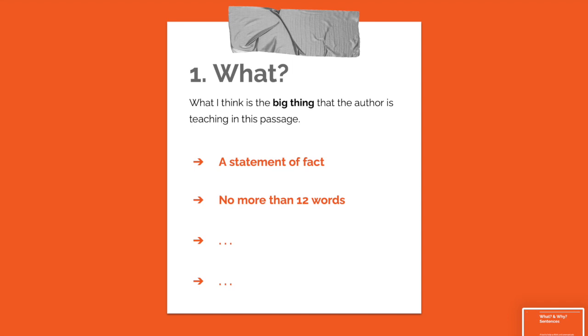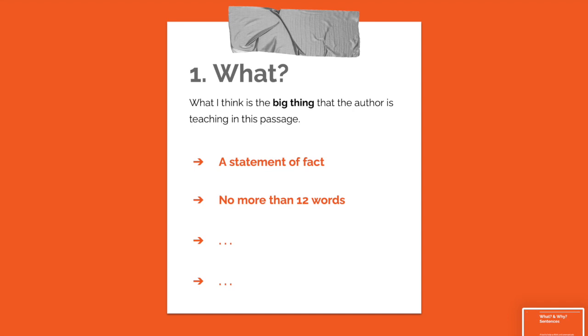It should be a statement of fact, so not like a command, like things must be this way or should be done like that, but things that are, and ideally not more than 12 words long. And that's arbitrary, but essentially it just forces us to make decisions about what is most important, what's the big thing, rather than listing all the things. Essentially, it just makes us work harder and think more clearly. It doesn't mean that we're leaving bits out of the passage. In fact, it means we've thought hard about them to work out which things are most important and how they're relating together.